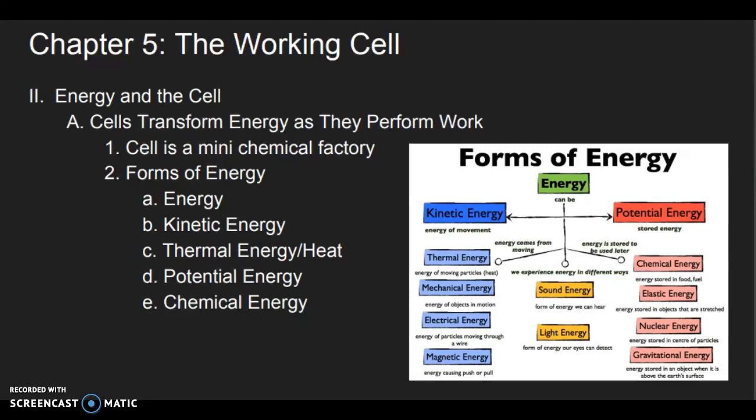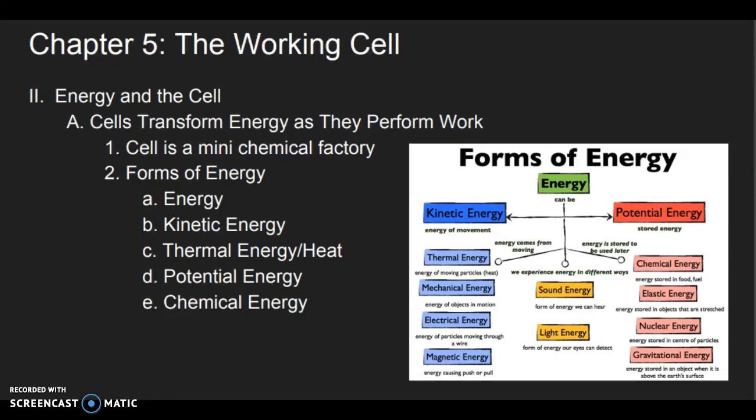The first is kinetic energy, which is energy that's associated with motion. The second is thermal energy, which is energy associated with heat. Potential energy, which is stored energy. So potential energy is the energy that's not currently being used in a specific state, however, it has the potential to do so. Now, a common example of what you would see potential energy displayed at is if something is in a standstill state. However, if there were to be a change in environment, it could use that energy to help it adapt to those changes in the environment.